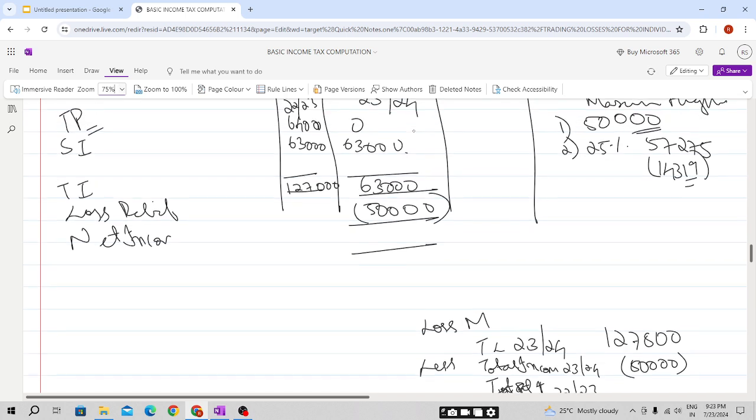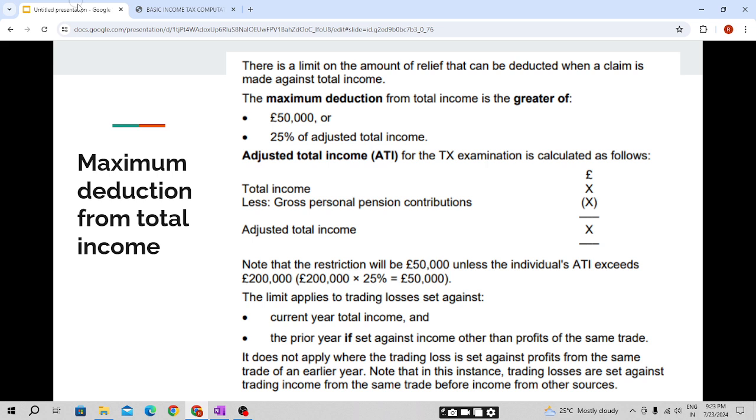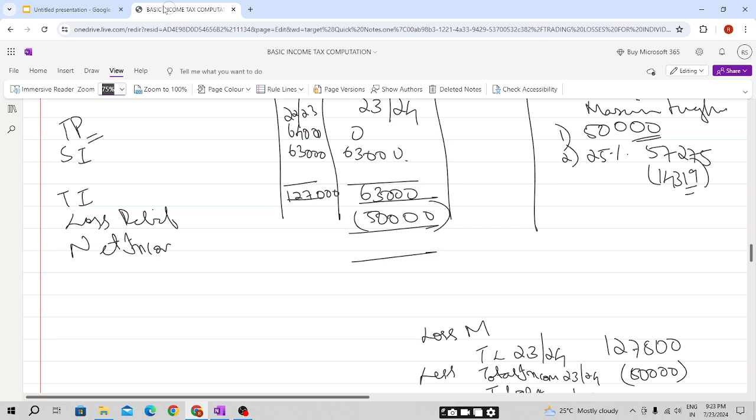Now students, will the restriction apply to trading profits or not? As it is already mentioned, the limits will not apply to the same trade, only to other income. So trading income 64,000 we can claim, but savings income 63,000